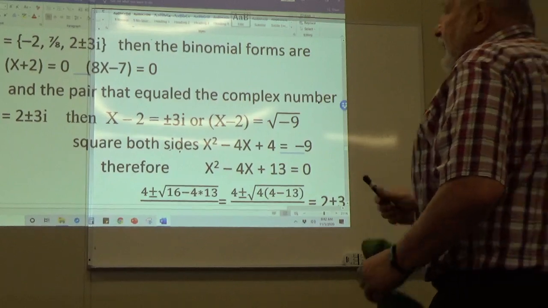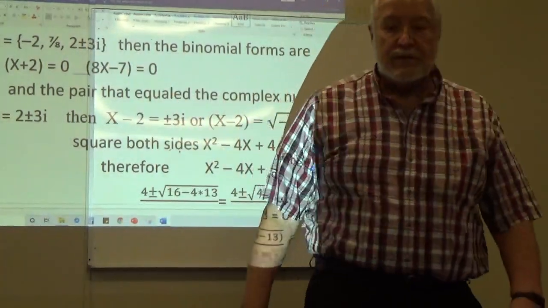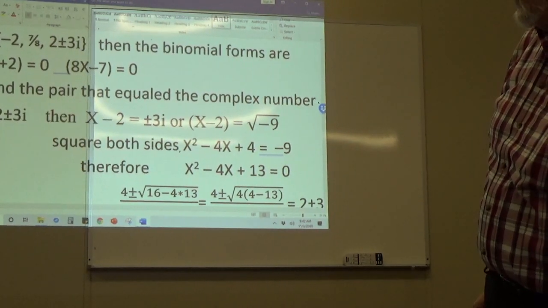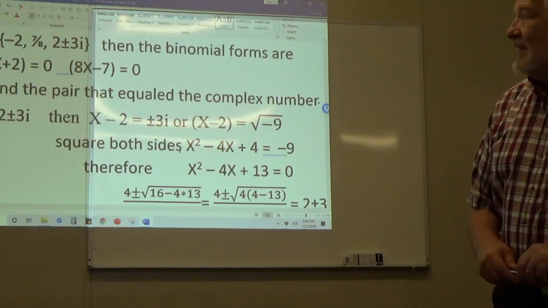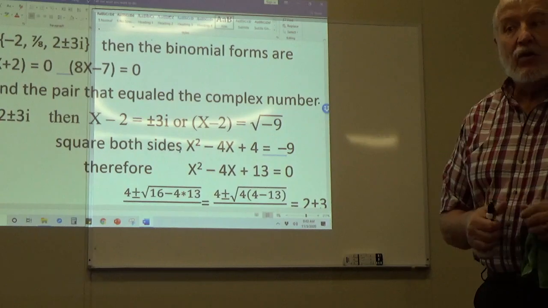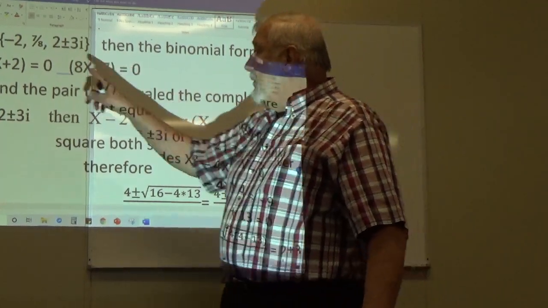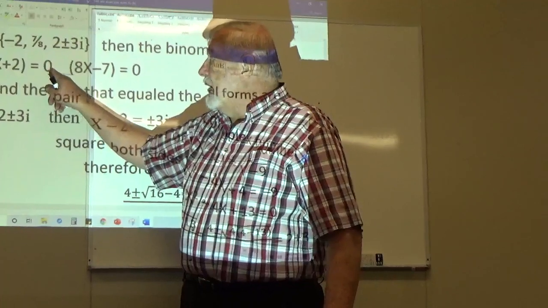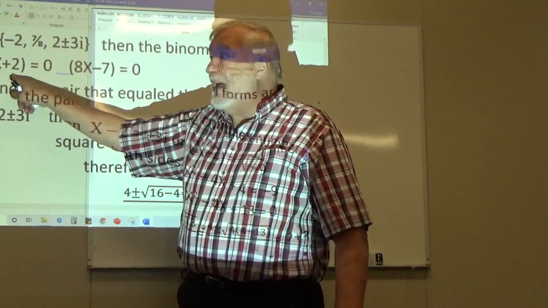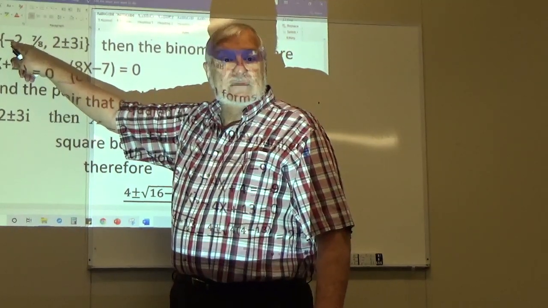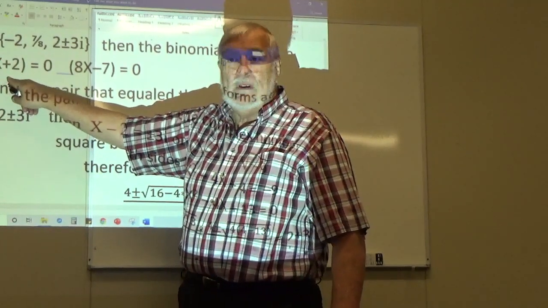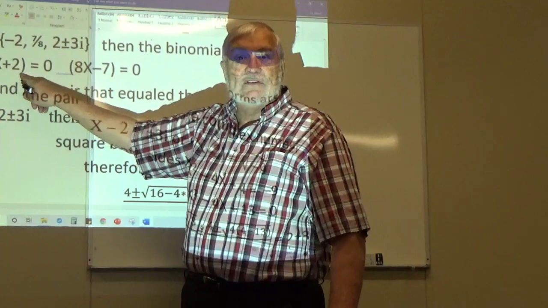If these are your values for x, if x equals negative 2, what you're trying to do is get a binomial that equals 0. So if x equals negative 2, and I add 2 to both sides, I end up with x plus 2 equals 0. That's the binomial that gives you this, because what happens if I replace negative 2 into this binomial? I get negative 2 plus 2, which is